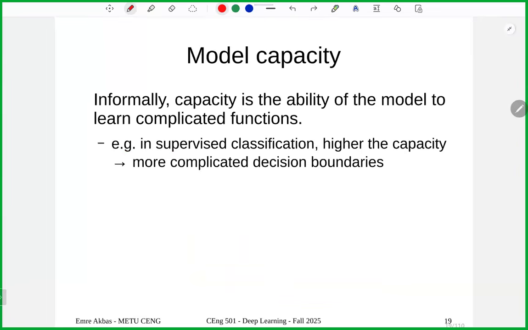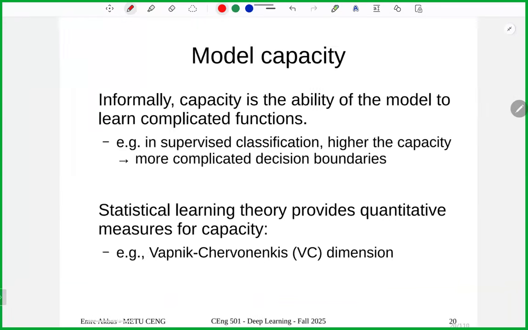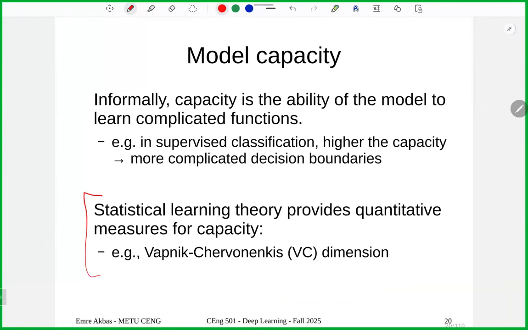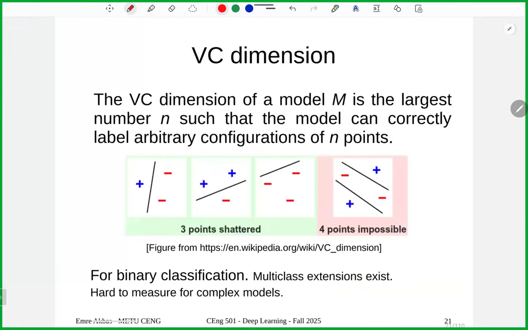Model capacity is informally the ability to learn complicated functions. In supervised classification, the higher the capacity, the more complicated the decision boundaries are. And statistical learning theory provides quantitative measures for capacity. For example, the VC dimension, Vapnik-Chervonenkis dimension. Let's remember this over a simple example. The VC dimension of a model M is the largest number n such that the model can correctly label arbitrary